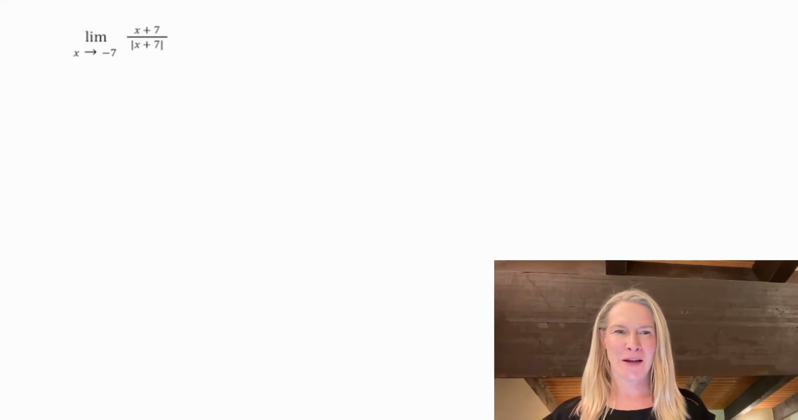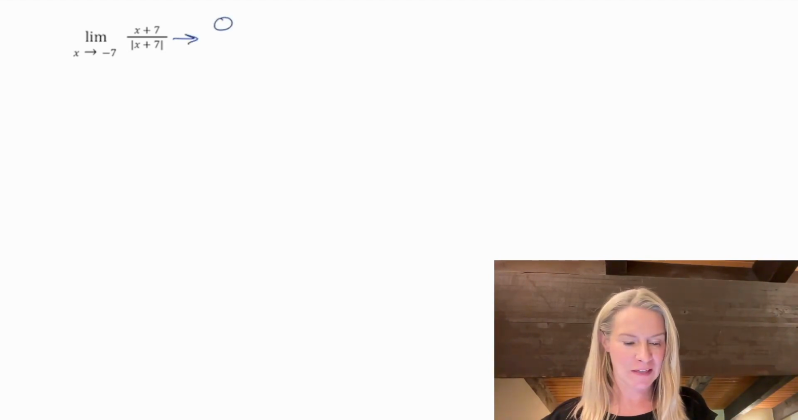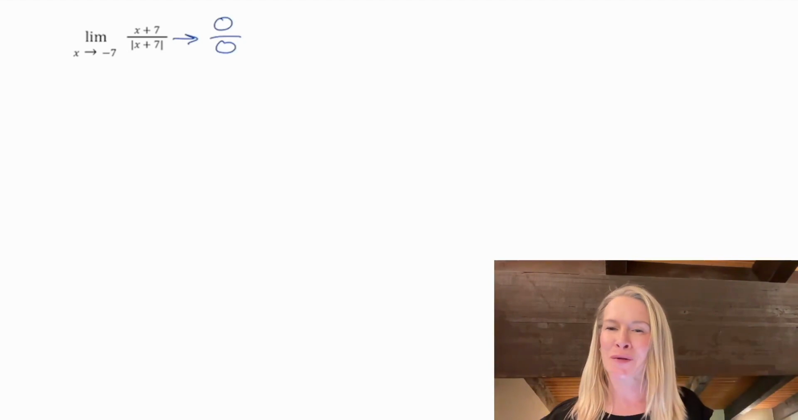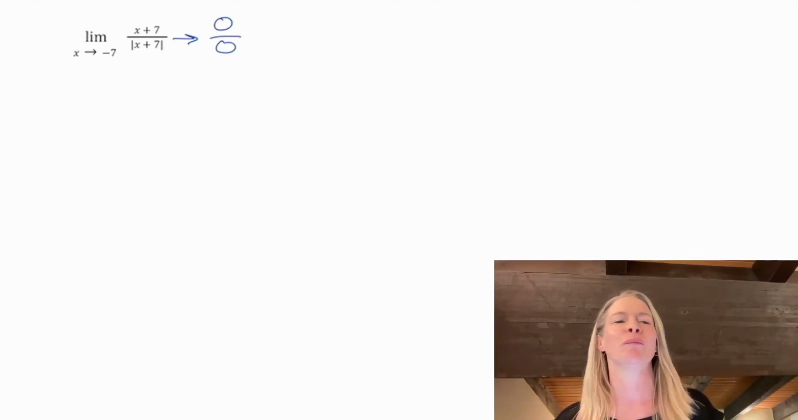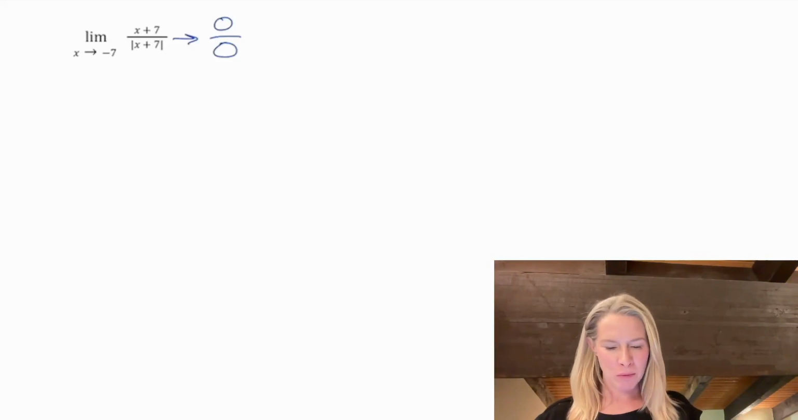For our next example, we're going to look at the limit as x approaches negative 7 of x plus 7 over the absolute value of x plus 7. Hopefully you can see that as you plug in negative 7, you're going to get 0 over 0, which is another indeterminate, which means we need to figure out something else we can do. If you think about this problem graphically,